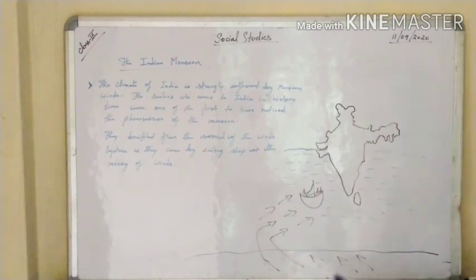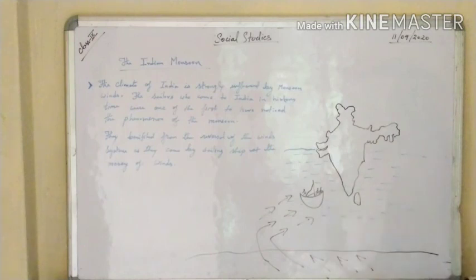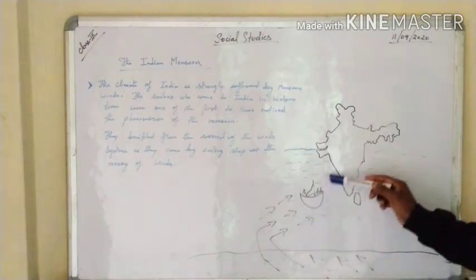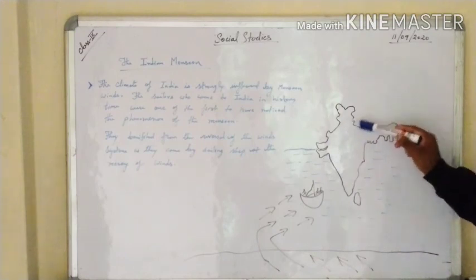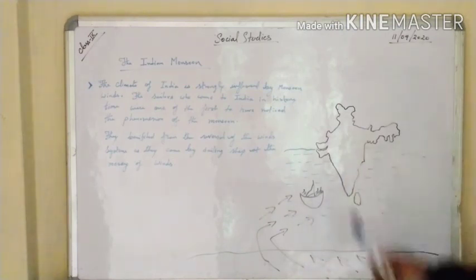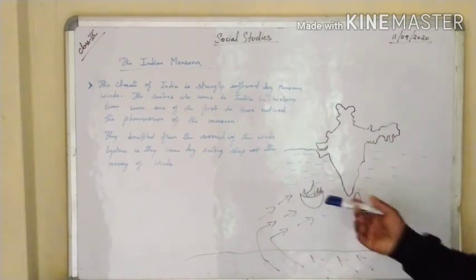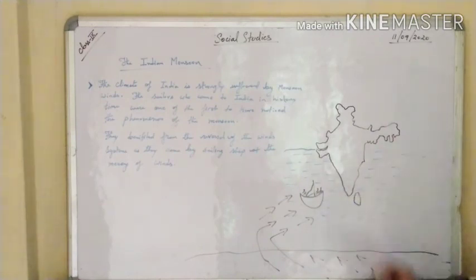At this time, the wind which has diverged from the equatorial region helped the sailor reach the country faster. After reaching a certain part of our country, the northern side, this wind dashes with the mountain region and comes back. That time, this reversal wind also helps them to move away from the country. So traveling becomes easier to our country due to the reversal of the wind. This has benefited the sailors who came to our India.